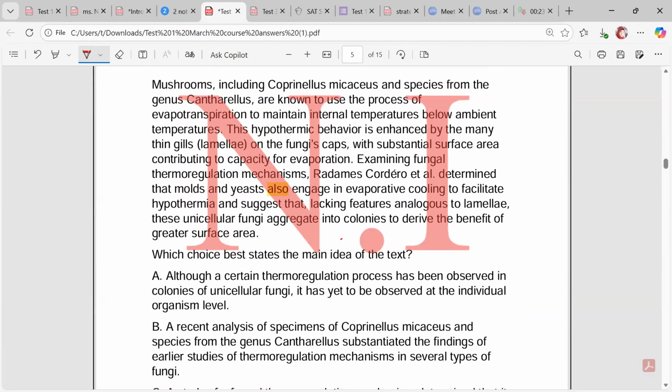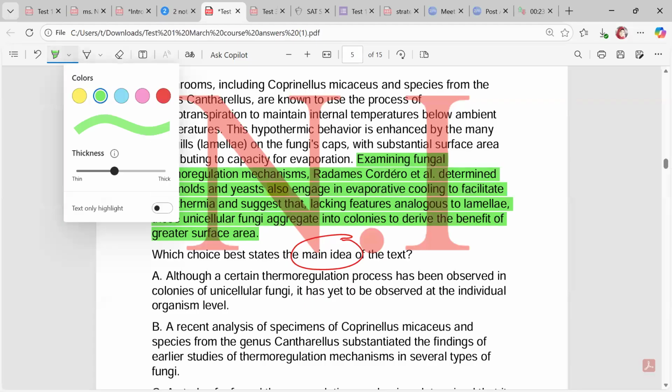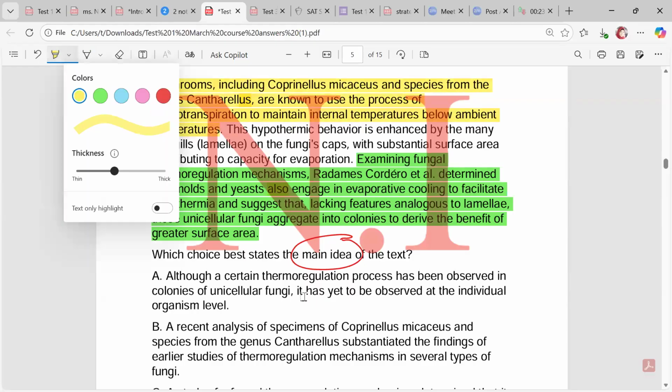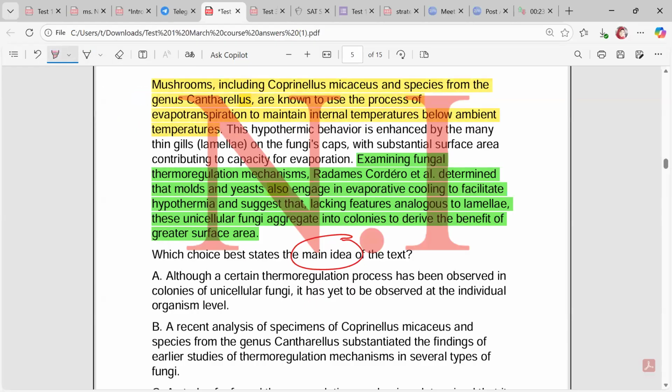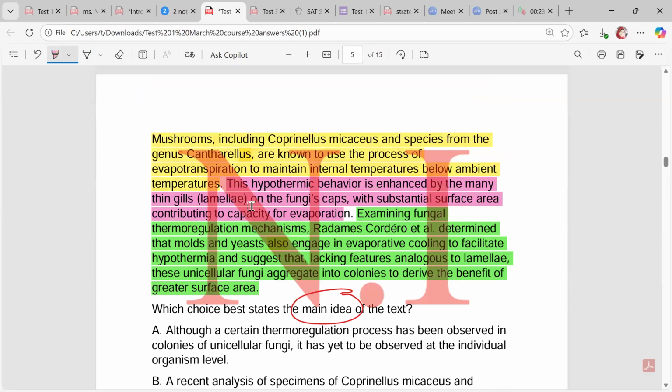This one has to do with the main idea as well. We learned how to answer the main idea. Here, this is the last sentence, and this is the first sentence. And there is one detail. So our answer will cover all of them, since it's only one detail. If your answer is related to this detail only, it will be very specific and will be wrong.